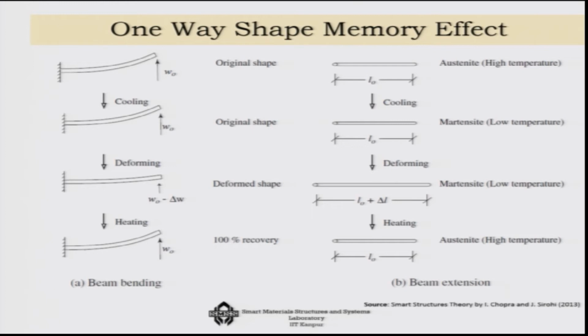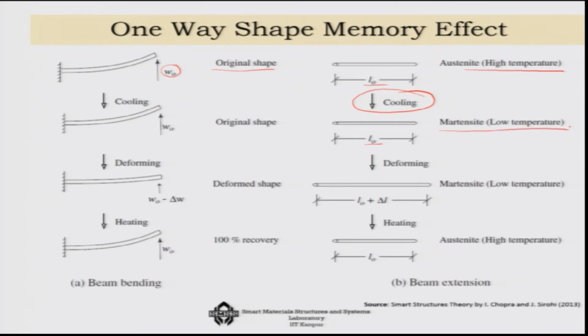Now, let us look into the one way shape memory effect just once again, because it is a little bit complex. So, let us see that I have taken a beam here and I am bending the beam, giving a deformation, and this is at its original shape, that is at austenite high temperature. Now, I am simply cooling this system. What will happen? I told you that there will be no change of shape. So, if I cool it, there will be no change of shape, length is still the same, which means here also in the bent case there is no change of shape, but only it will get converted from austenite to